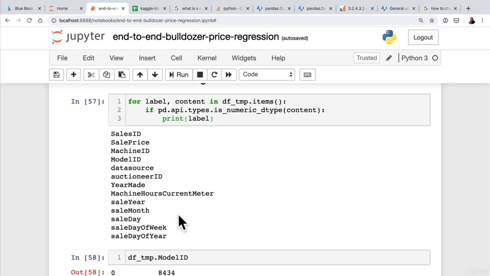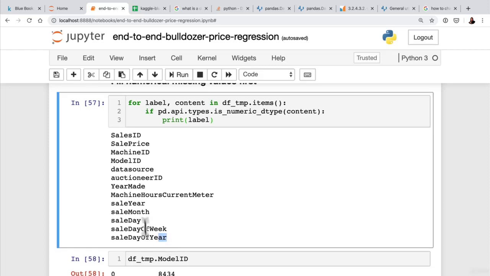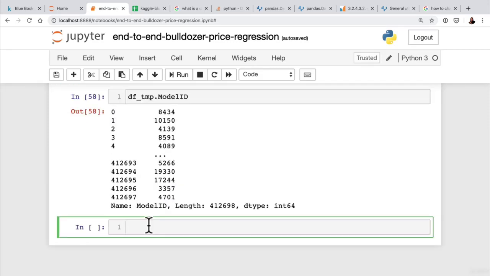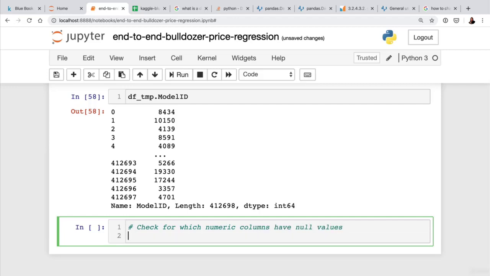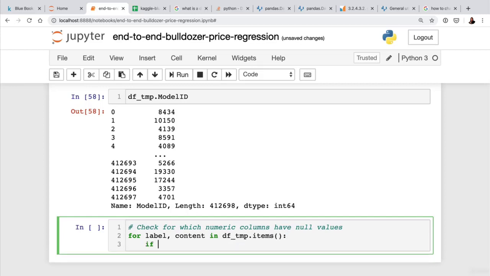And now what we might do is find out which ones of these have missing values. We're more focused on it at the moment. We want to fill the missing numeric columns with some sort of value. Check for which numeric columns have null values. Now, how might we do this? Well, first of all, let's start it out with for label, content. We'll just write exactly what we did before. df_temp.items. And now we want to go if